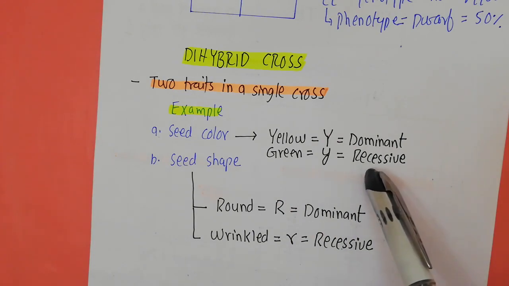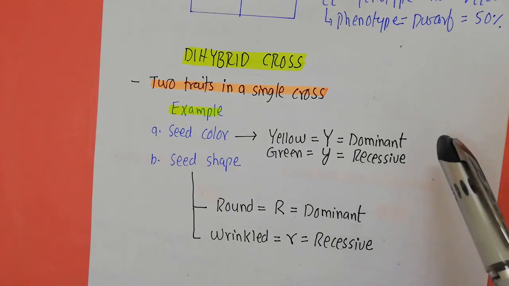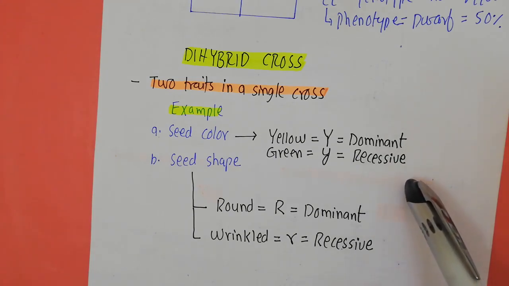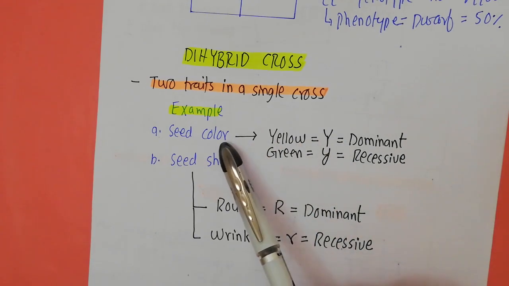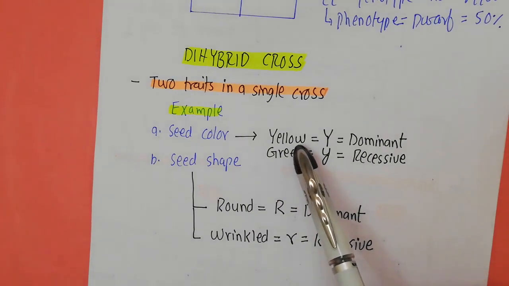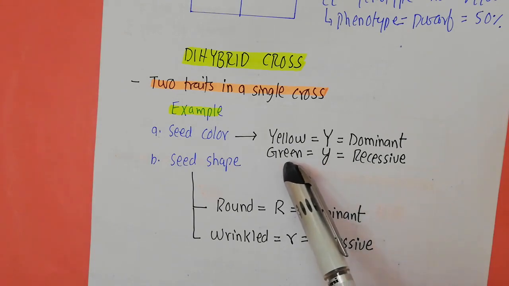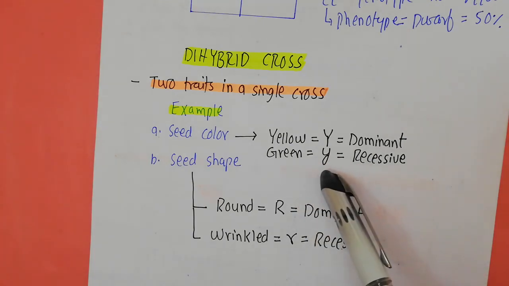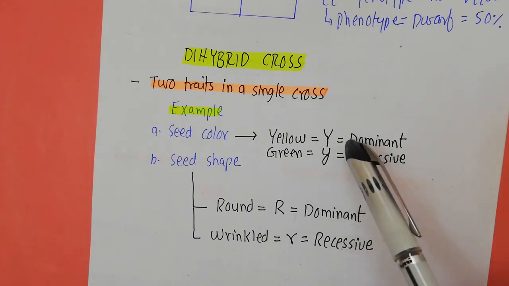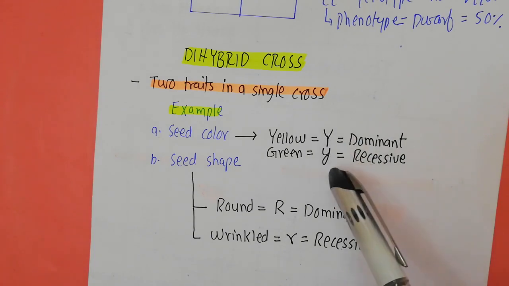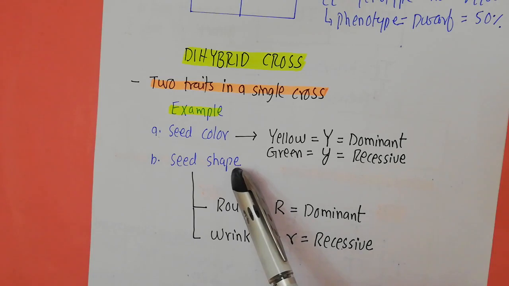When Mendel was doing his monohybrid cross, he deduced, for all of the 7 traits that he observed, which one was the dominant and which one was the recessive. So as far as the color of the seed is concerned, the yellow color is a dominant trait, therefore we represent that with a capital Y. The green color of the seed is a recessive trait, therefore we represent that with a small y, because it is customary to represent the dominant allele with a capital letter and the recessive allele with a small letter. The seed shape also comes in two varieties.